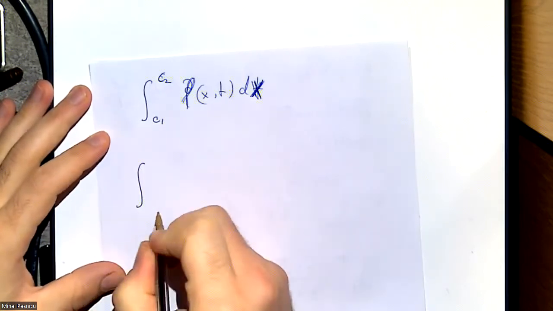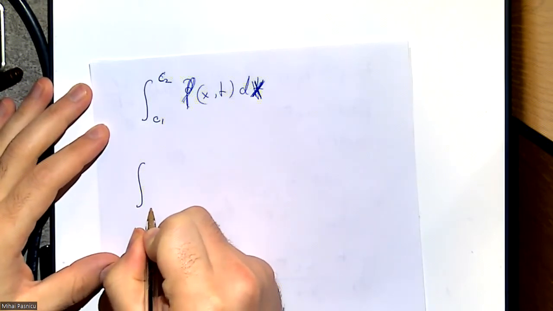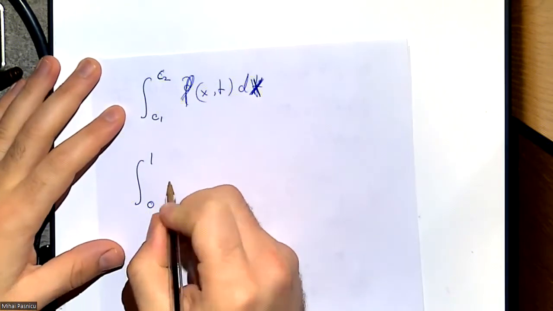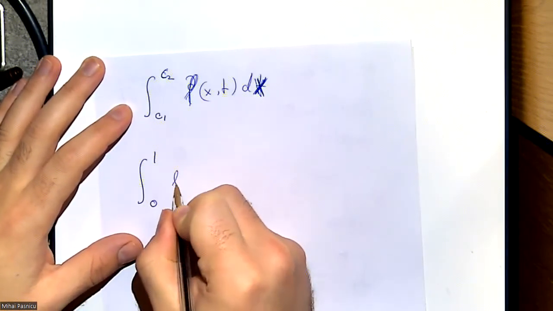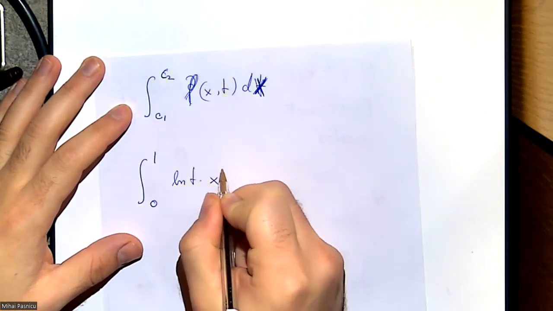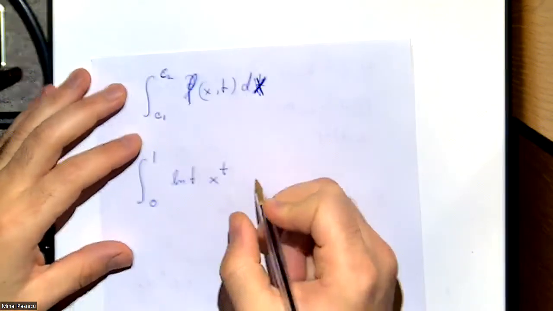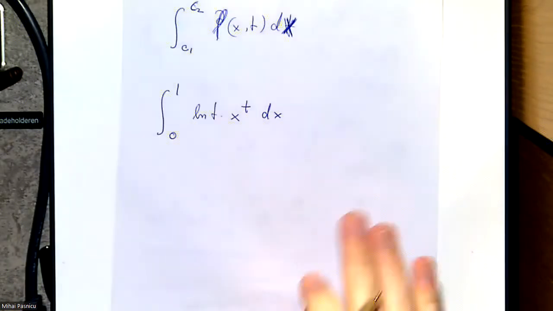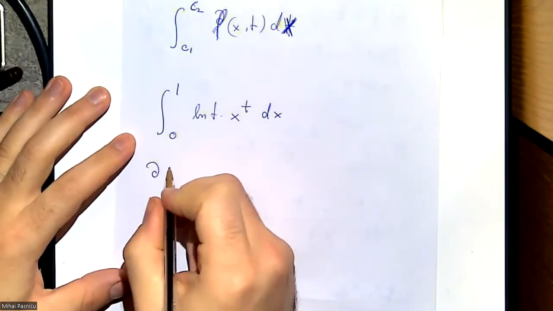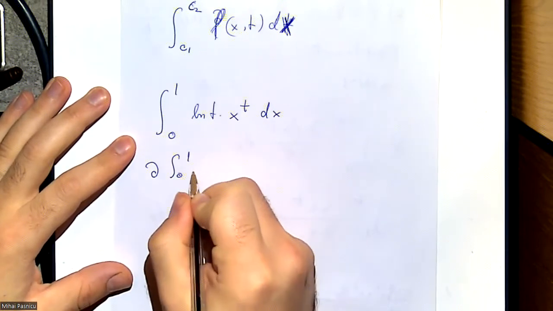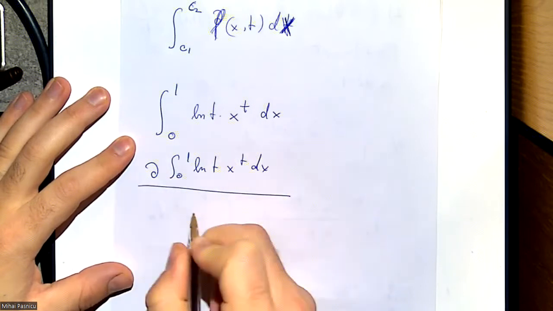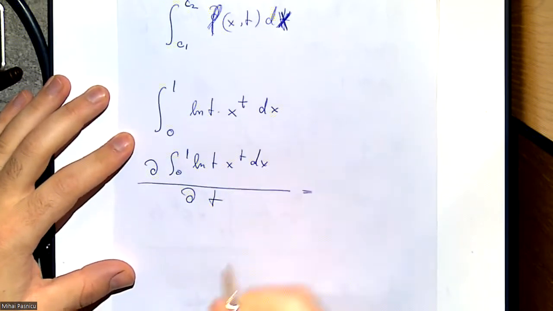So for example, if I just have the integral from 0 to 1 of whatever ugly function you can create here, log of t x t, dx, then when I want to compute the derivative of this with respect to t,